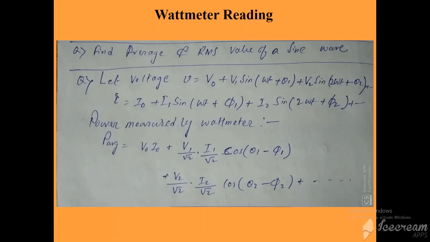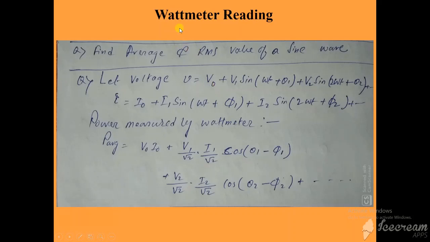it is 100, product is 100. So if you take the average, it is of 0 frequency, so obviously it is the value actually, right? So its average and RMS, whatever you take, it is the same DC value. So now comes the second term, so product of this and this. So this is one value, this is other value, you have to take the RMS of this. So I1 by root 2, it is also a value, so V0 into I1 by root 2 into the sine thing. Now the average of a sine waveform or a trigonometric waveform over one time period is 0.